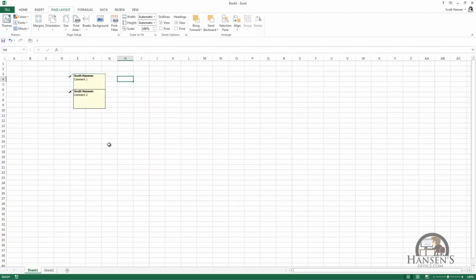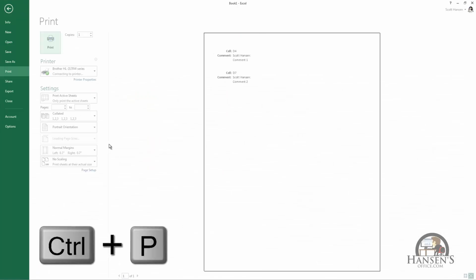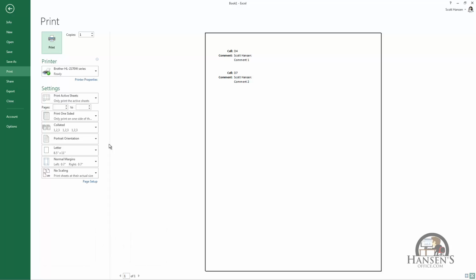I'm going to left-click OK, press Control P to go to the print preview and show you that what you get is sort of a report at the end of your print job listing off the comments, the cell address and the signature for the comment, and then the content of the comment. I'm going to escape out of that,